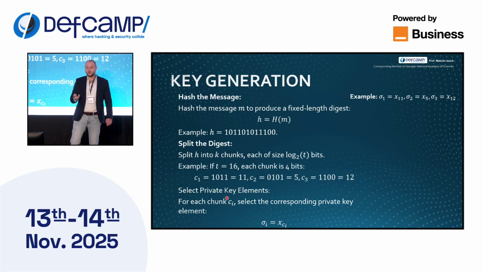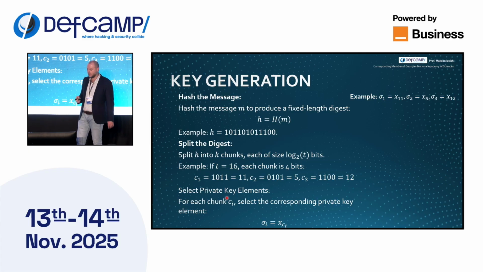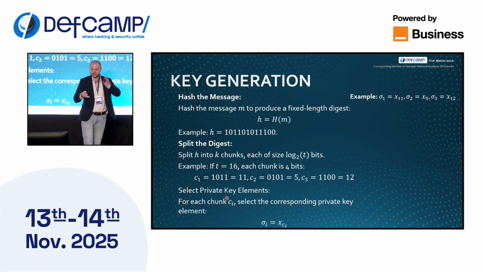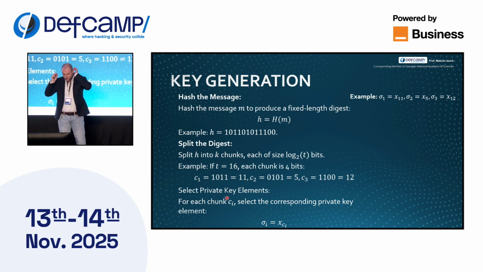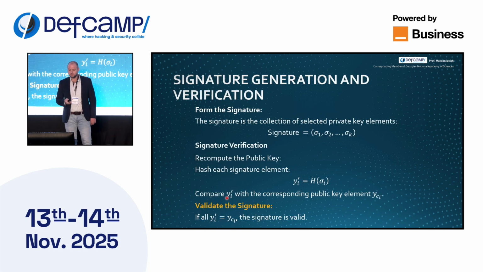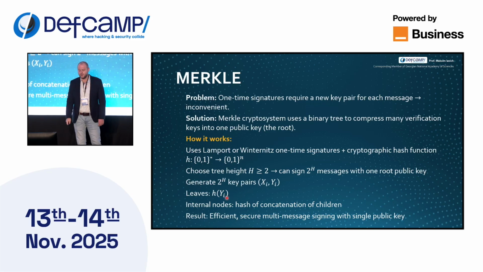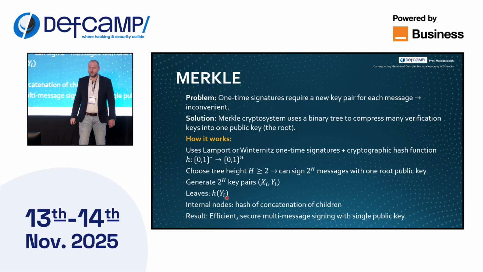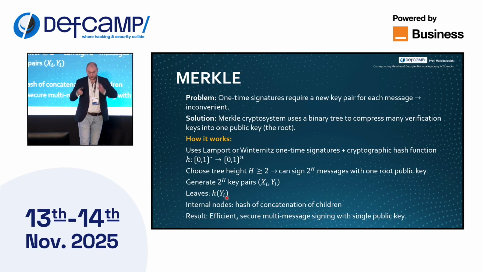For the first part of the signature, if C1 is 11, we take the 11th signature key. If C2 is 5, we take the 5th signature key. So we leak a lot of keys. But they are the proofs of security, so it can be used. To verify, we just hash it and compare to the corresponding verification key. So all of this were one time, and HORST was few time, but there are many time digital signature schemes,